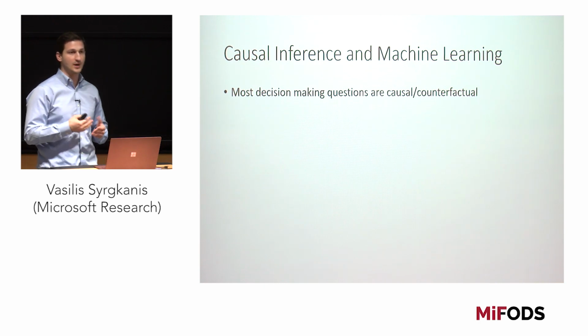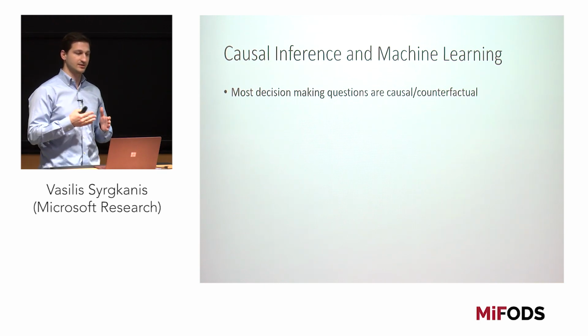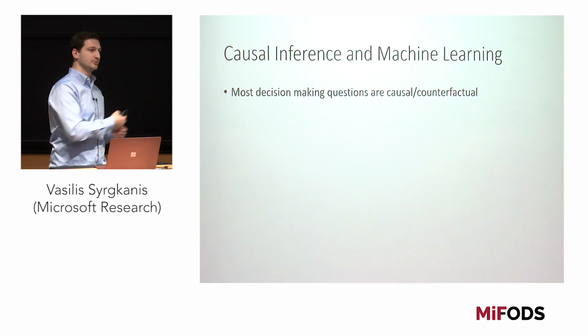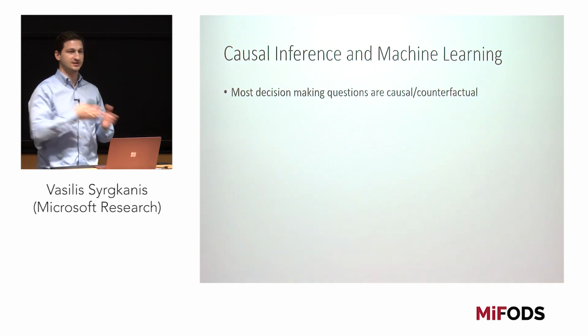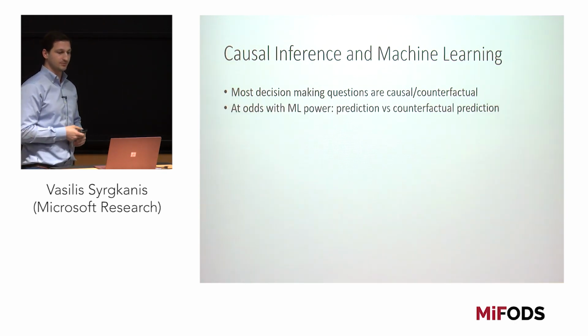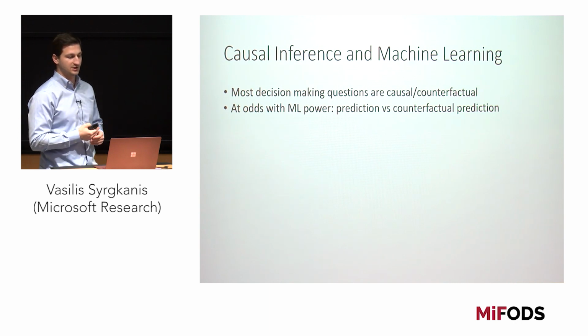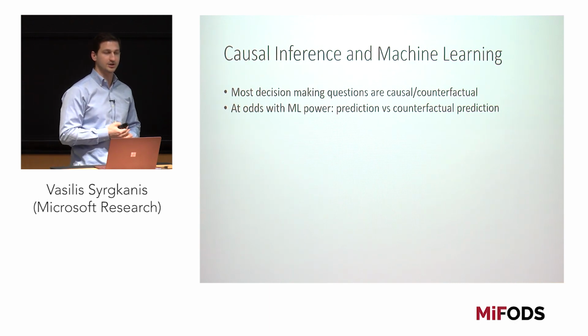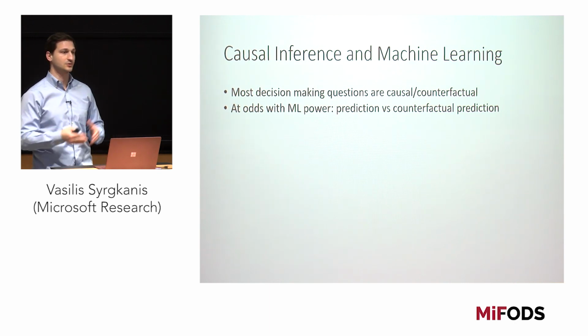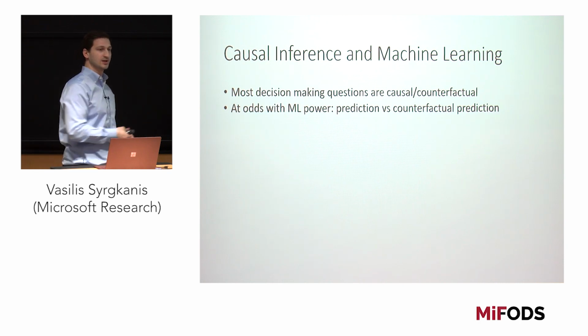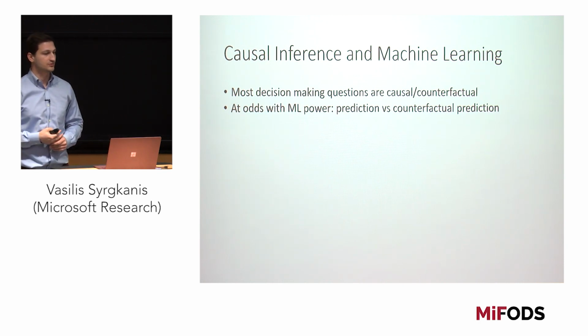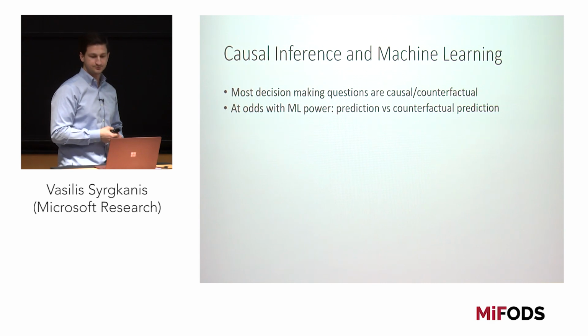The problem is that most of these decision-making questions require understanding of answers to causal or counterfactual questions. So what would happen if we change the existing policy that we deployed in the data that we collected and did something else? While most machine learning methods are typically targeting prediction questions. What would happen in the future if we continued the same treatment policy as the treatment policy we used for the data that we collected?